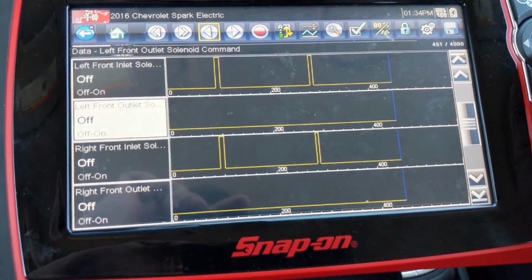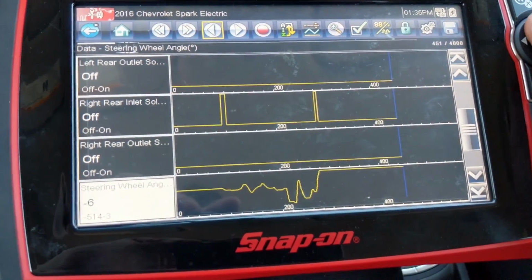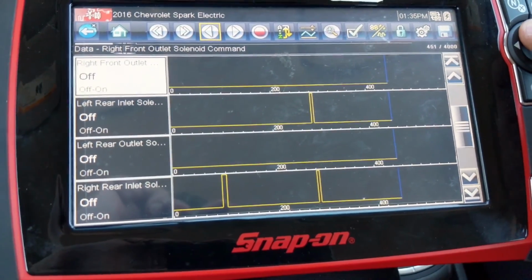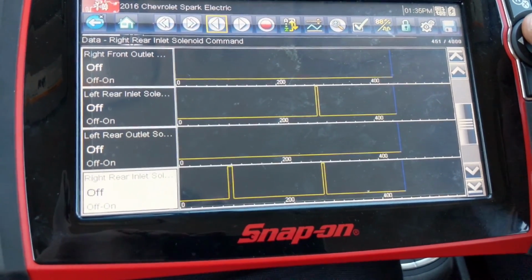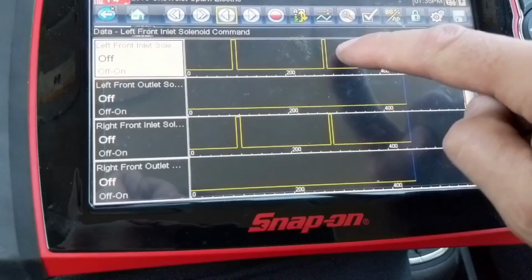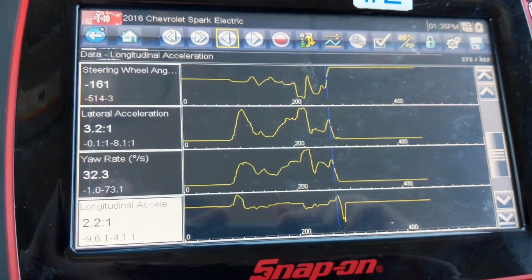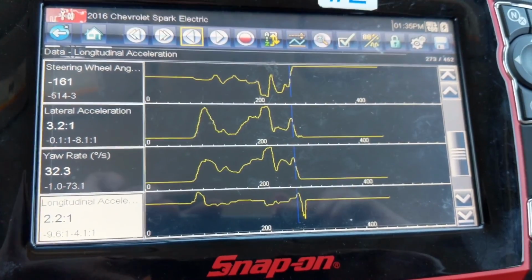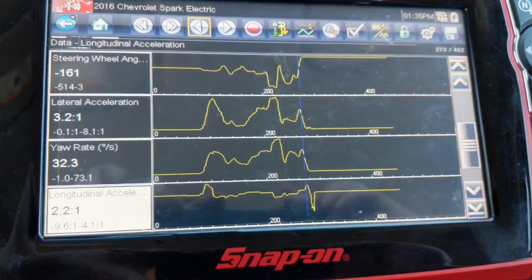So during the maneuvering portion of this, we see that the left front inlet solenoid was activated, the right front inlet solenoid was activated, the right rear was activated, and then at the end, I put it into an ABS event where all four, right rear, right front, and left front, were all activated at the end of the test drive. Here's our steering wheel angle, lateral acceleration, yaw rate, longitudinal acceleration information from that maneuver as well. So we accelerated while turning in a circle and then went straight and slammed on the brakes to put it